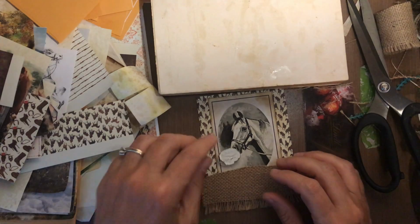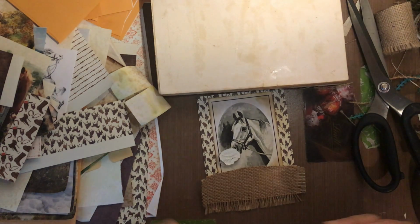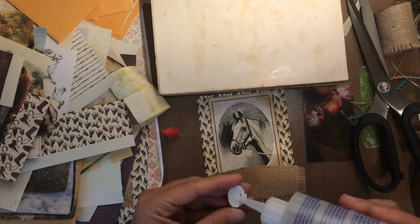All right, what do you think? Fabri-Tac? Oh, where's my Fabri-Tac? Oh, there it is, right there. Fabri-Tac. So the other thing I'm excited to try